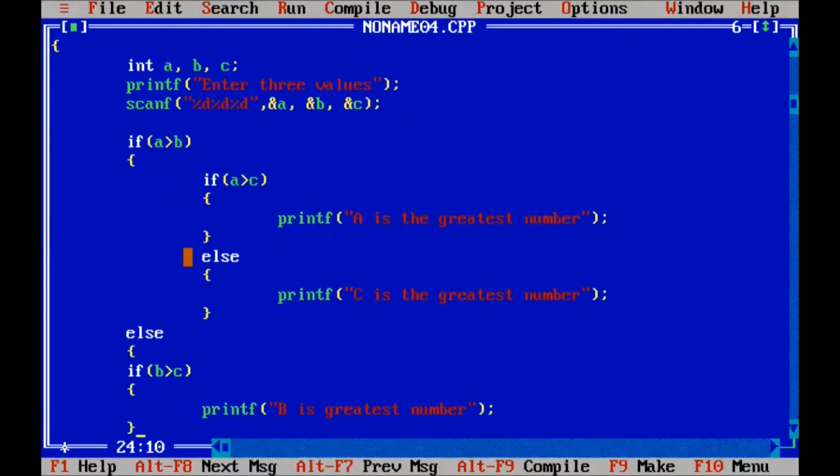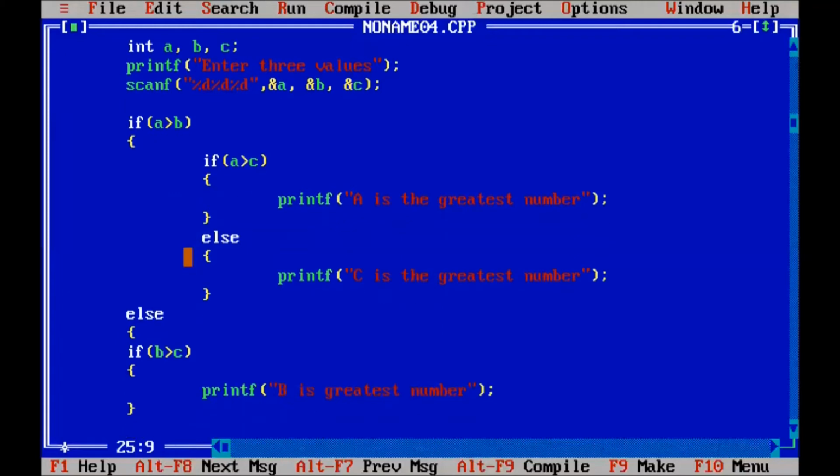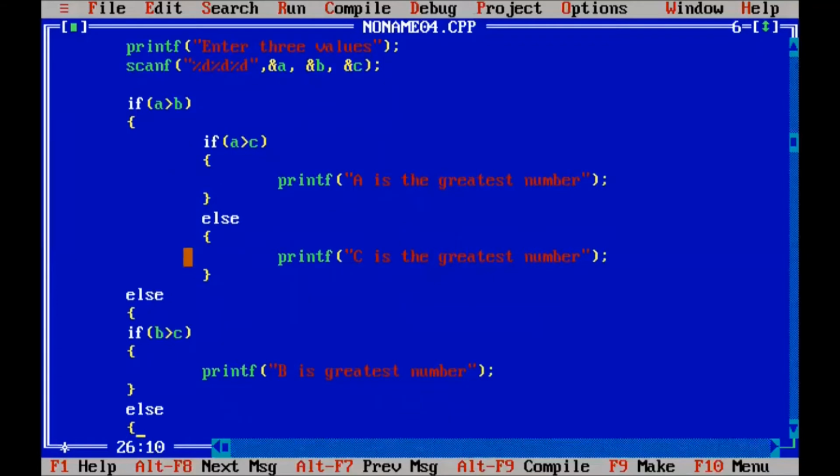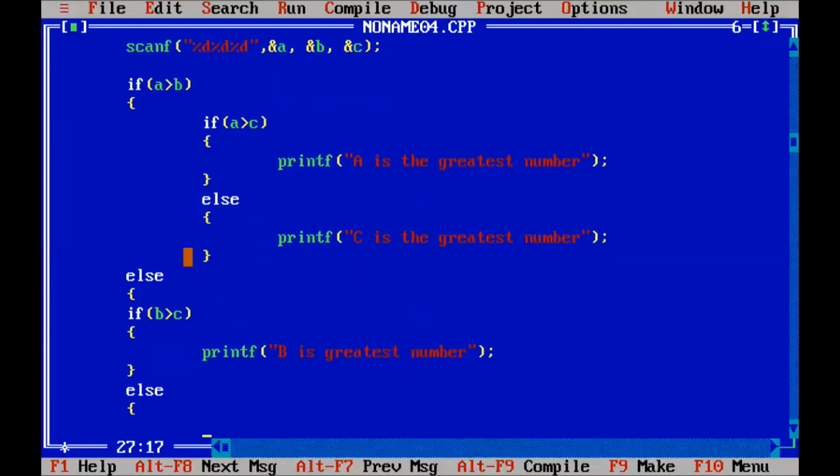Close the body, and again else, open the body and write the message printf c is the greatest number.